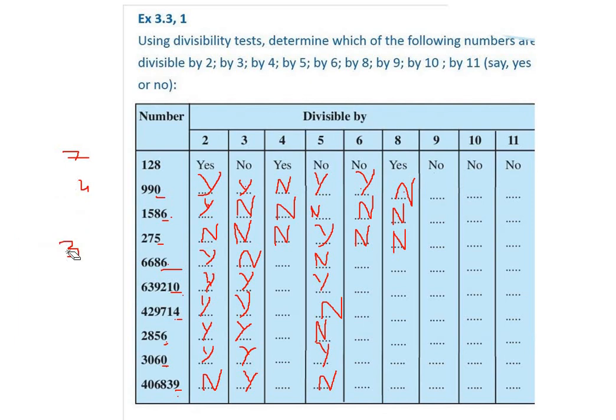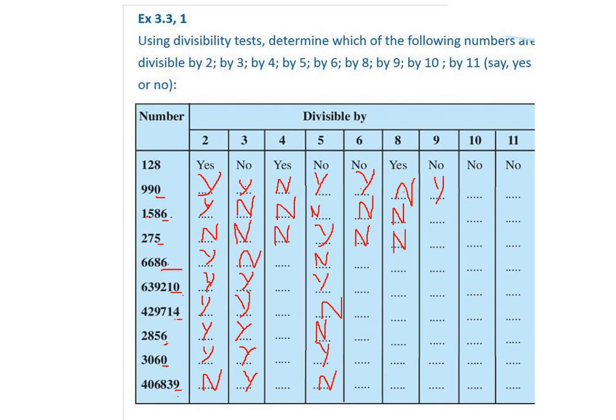Let's go for the test of divisibility by 9 now. Let's have a little recap: for 9 we need to add the given digits, as similar to 3. Add the digits, whatever answer you get, if you find it is a multiple of 9, then we can say that yes, the given number is divisible by 9. Now let's check 9 plus 9, 18. 18 plus 0, 18. So 9 has 18 as a multiple. Yes, 9 2s are 18. We can divide 18 by 9, 2 is the quotient and 0 will be the remainder. So writing yes for this one.